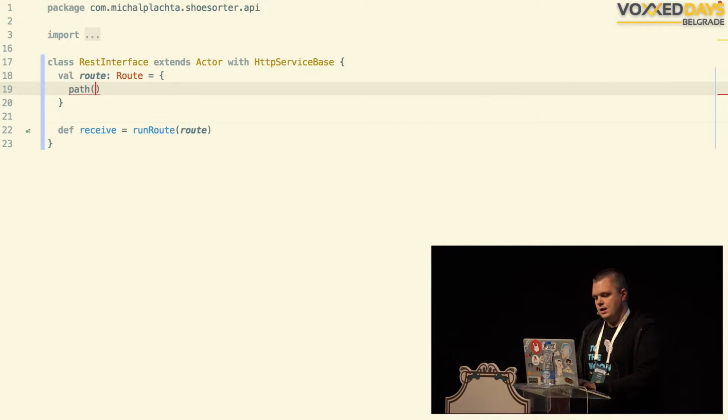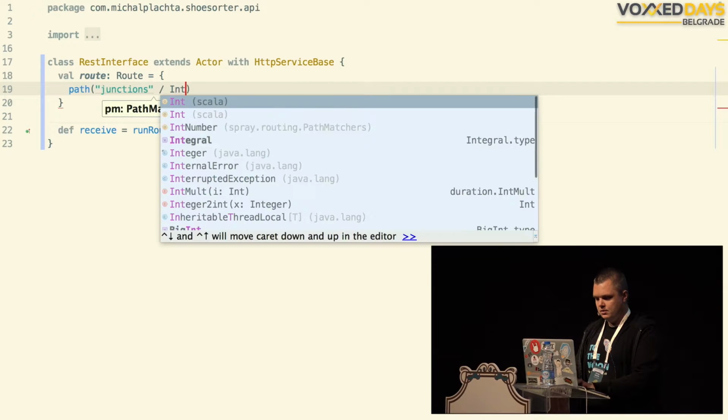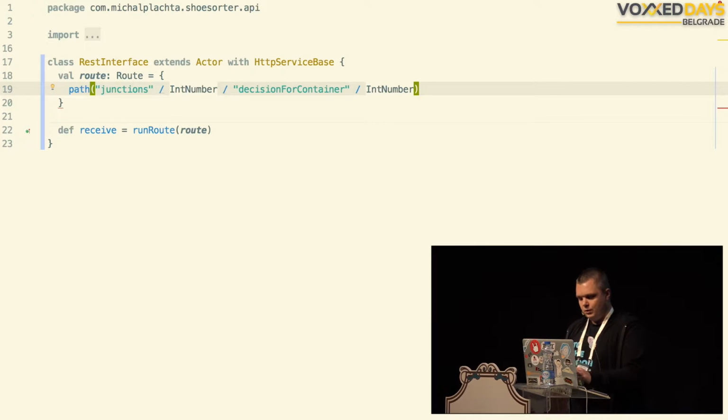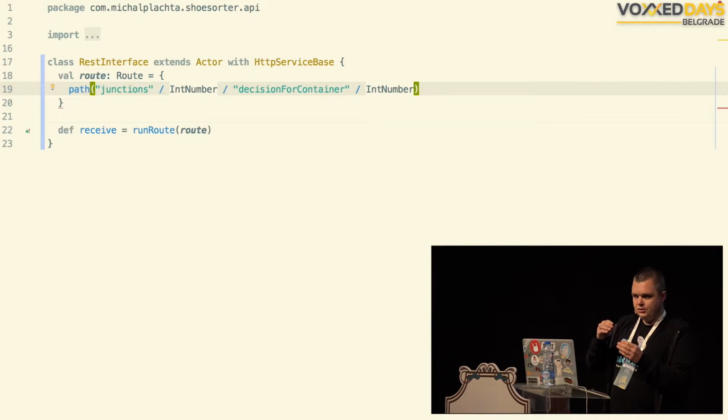So let's make a path. So we said it was junctions, then we want some int number as junction ID, right? Number. Then we need to have decision for container and another int number. So this is a path. What it does, each message, each HTTP request that gets sent to our server is modeled as message and is sent to our actor.